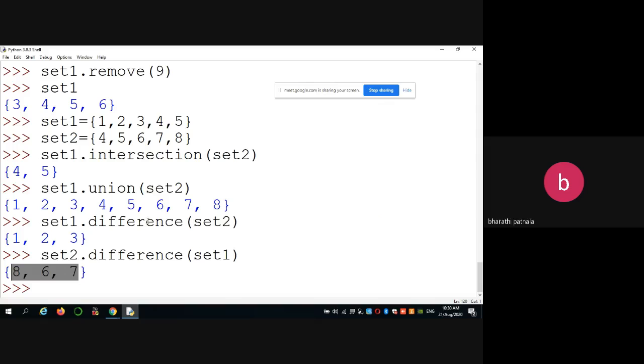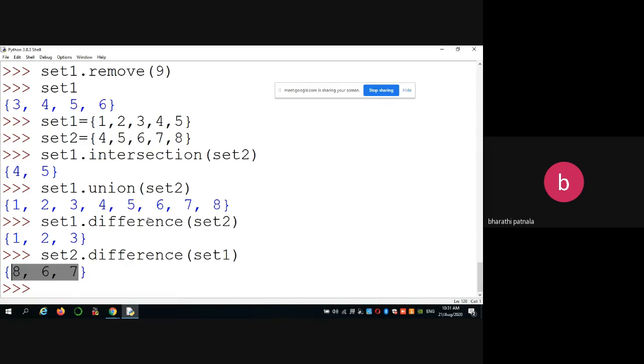Normally we say an array is stored with indexing 0 1 2 3 4 5. So for sets there is no indexing, because the elements are stored in unordered fashion. That's why we can't access the elements using indexing. Okay, so why? Because the elements in the sets are not accessed using indexing. What should we say, sets are unordered storage. So that's why we can't access the elements using indexing.